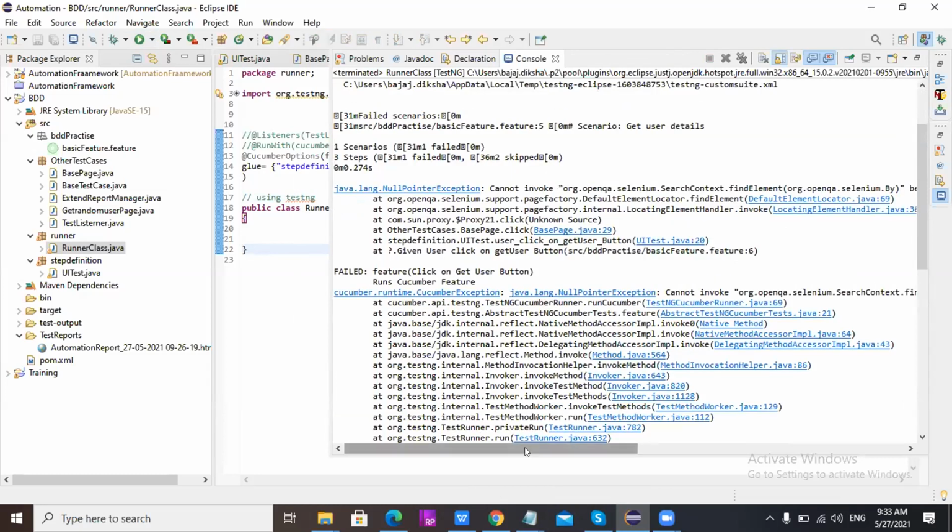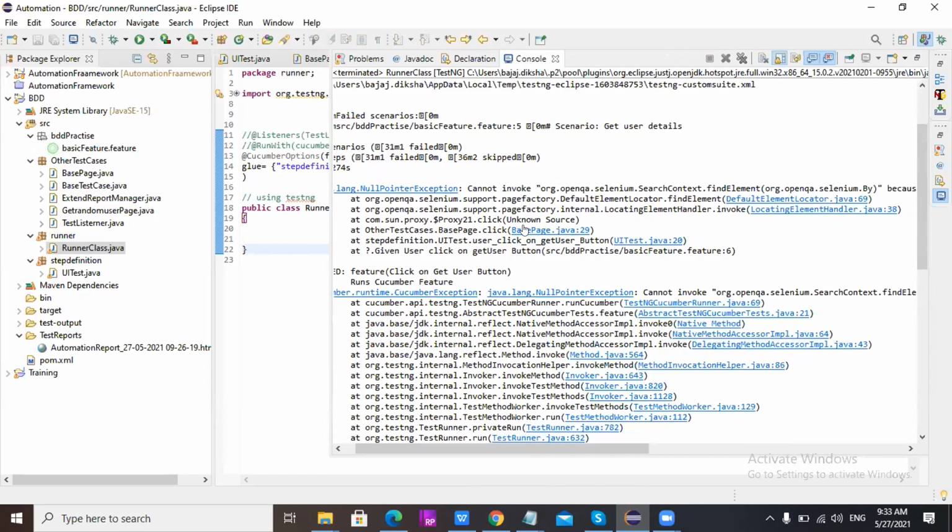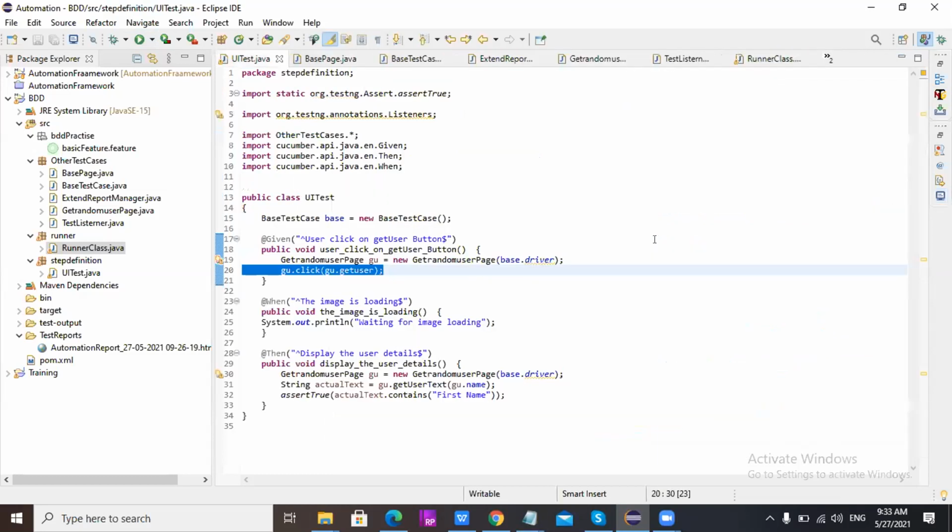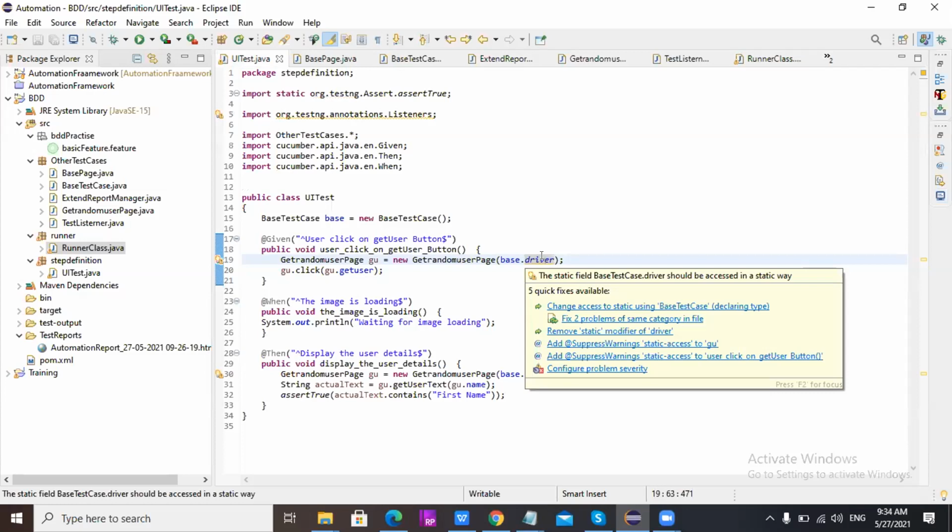Cannot go to the line number 20 now. Just this below one. Yes, 20. Now you are not able to click. Now tell me where you have invoked your browser. You have not invoked your browser and still you are trying to click. This one, base.driver, this will not open the browser, right? Because we have to hit the URL by using the get method.